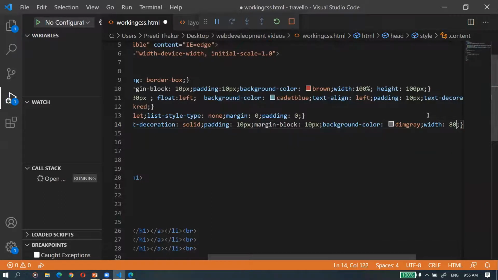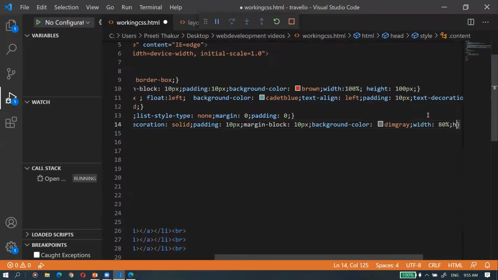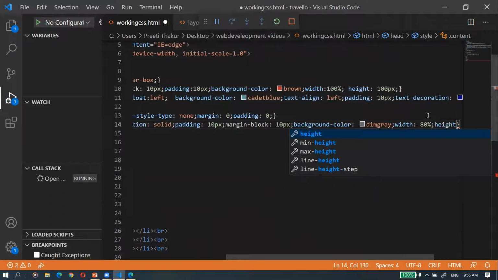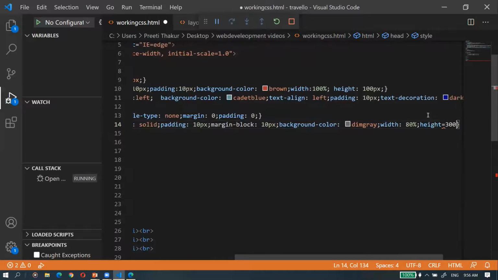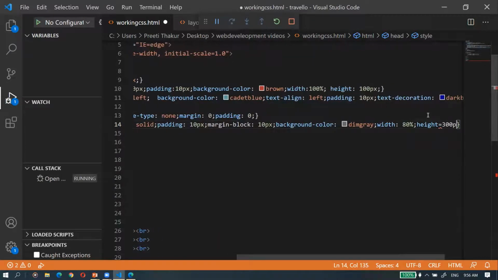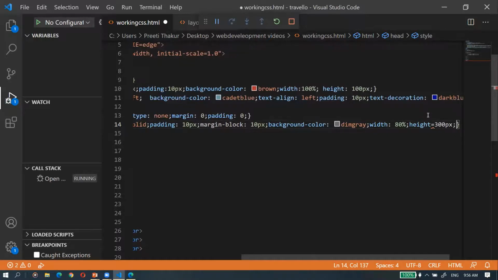Okay, 80%, and then the height I can set to 300. Okay, so this way I can set.